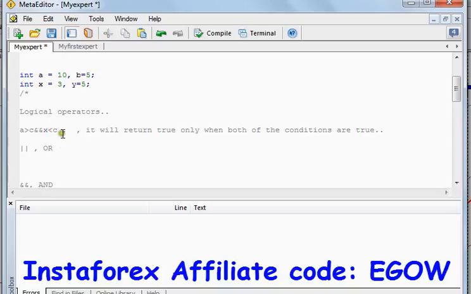C represents the value of the current price. So if the current value is greater than moving average 1 and the current value is also greater than moving average 2, it should return a true value.